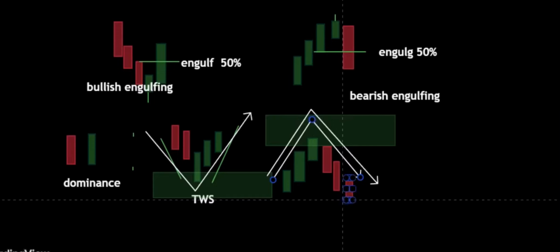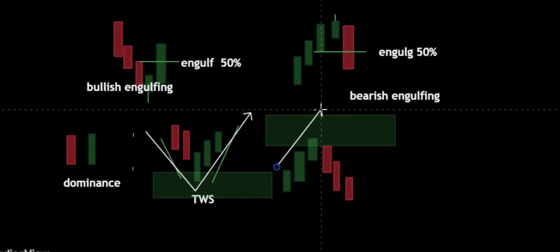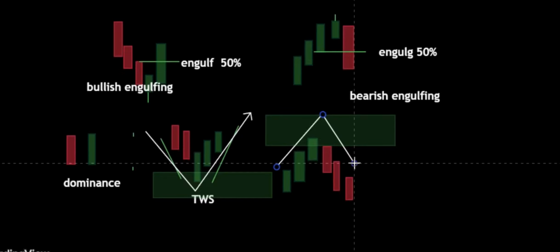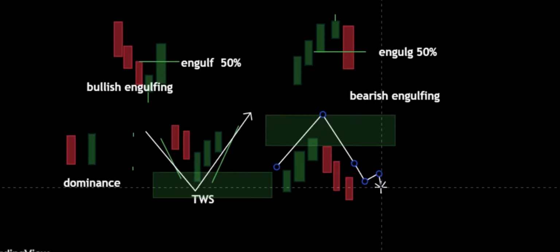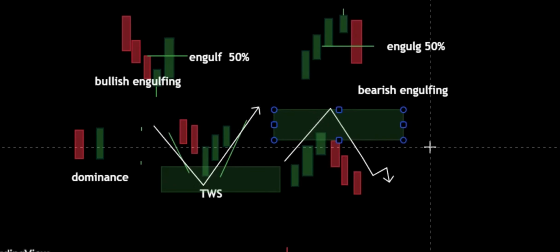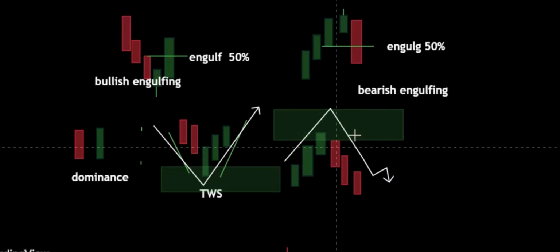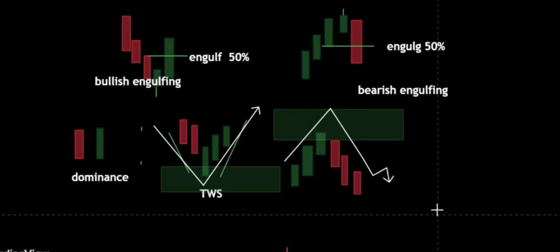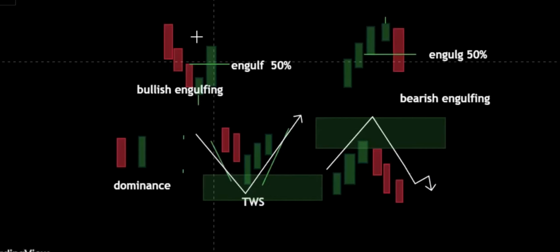ट्रेंड रिवर्सल, also called three black crows या फिर three red soldiers. It's a very powerful pattern when it forms: it takes resistance and starts going down, and changes its trend by these three red soldiers.